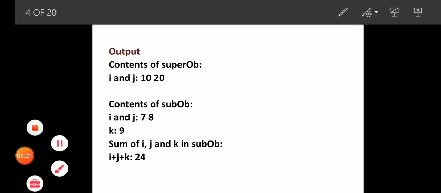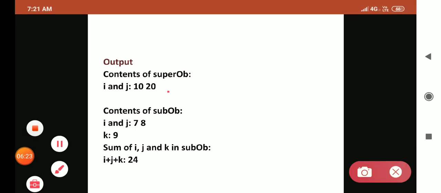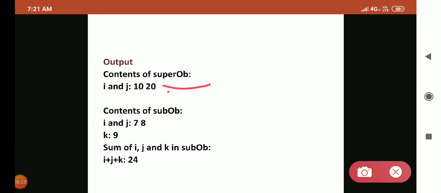See here output is first time when show ij function was called, it was with respect to super object, so we have got answer as 10 and 20 here. The next time when super show ij was called, it was with respect to sub object, so value of i and j are 7 and 8, whereas value of k is 9, and summation will be 7 plus 8 plus